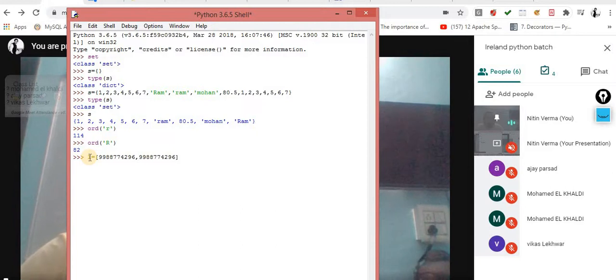Now I am writing this n number of times. My problem statement is that I have to remove the duplicate items from the list. One thing is that you have to hard code it and design the logic for the same. The second thing is you can simply take advantage of this set. Let's suppose the total records you got are approximately 1 lakh, but inside 1 lakh records, the unique items are only 50,000.